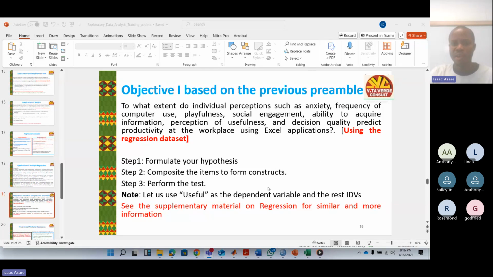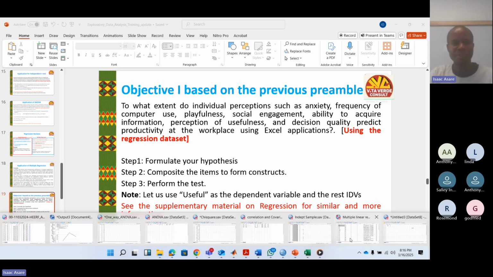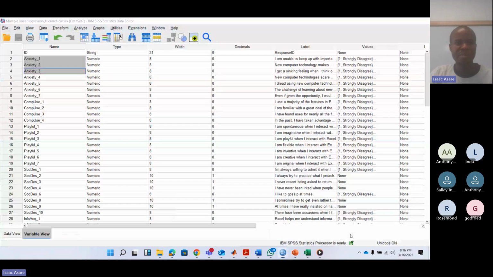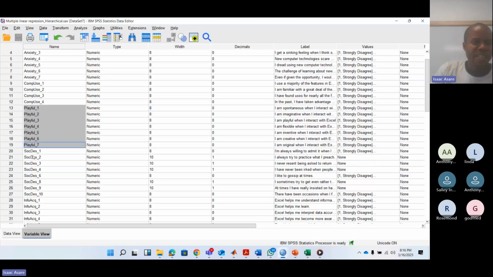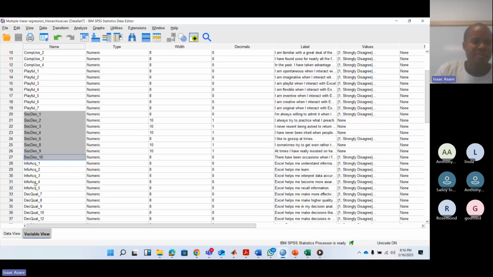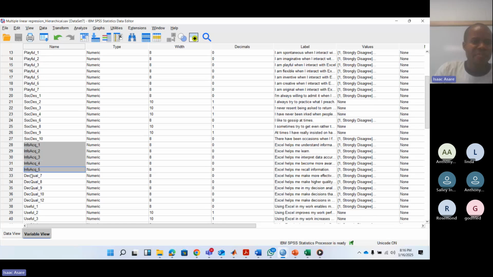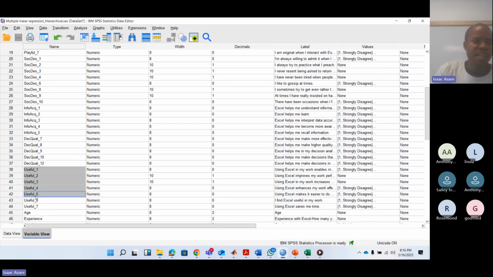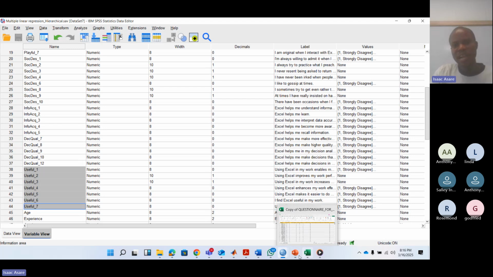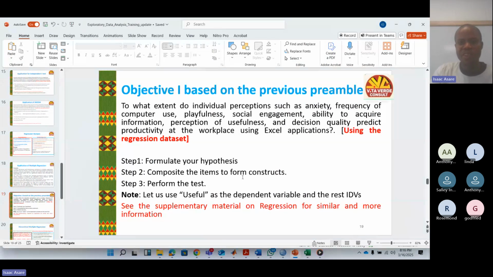Okay, so if you look at the data set that we have, we have anxiety, we have computer use, we have playfulness, we have their social engagement, we have their information acquisition, we have their decision quality, and then we have their usefulness. So if you look at this preamble very well, right? We just want to find out how all these variables can influence. Okay, now,